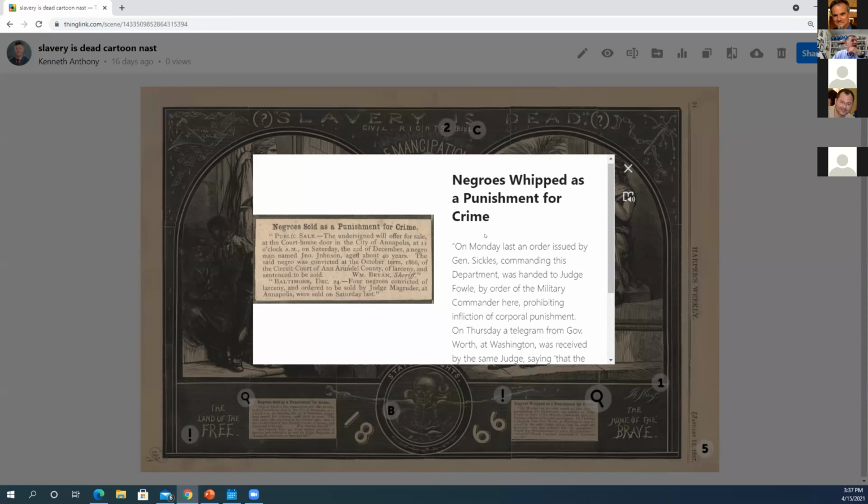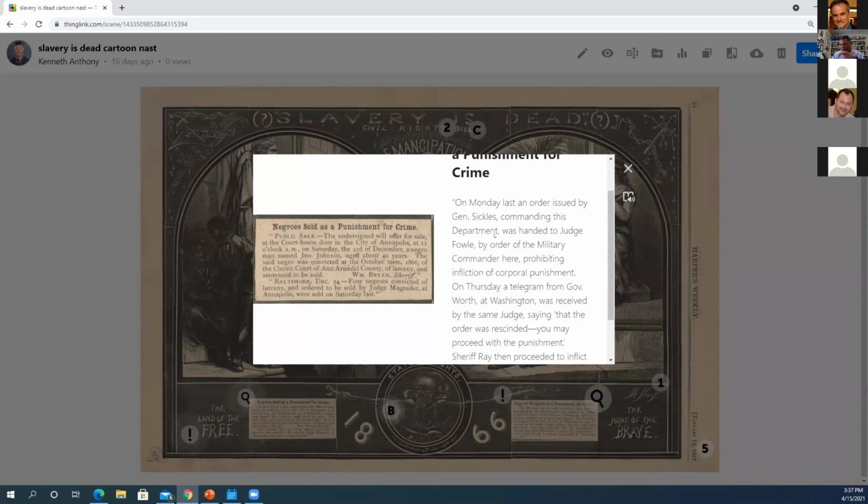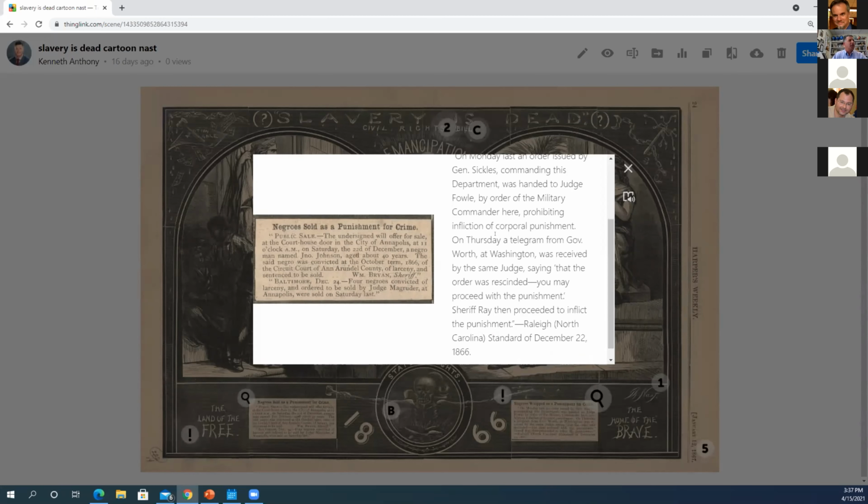So here we go. On Monday last, an order issued by General Sickles, that's General Daniel Sickles, who was the Union commander over that area, commanding this department, was handed to Judge Fowle by the order of the military commander here, prohibiting the infliction of corporal punishment. So Daniel Sickles says you can't do the corporal punishment. On Thursday, a telegram from Governor Worth at Washington, D.C., was received by the same judge saying that the order was rescinded. You may proceed with the punishment. Sheriff Ray then proceeded to inflict the punishment, and this was in Raleigh, North Carolina, on December 22nd,